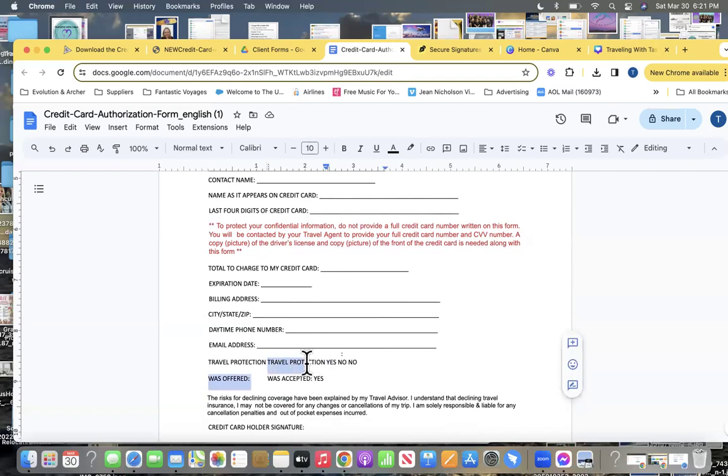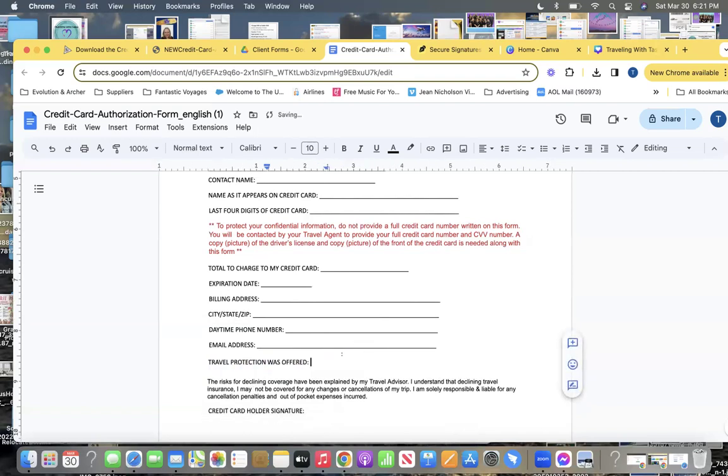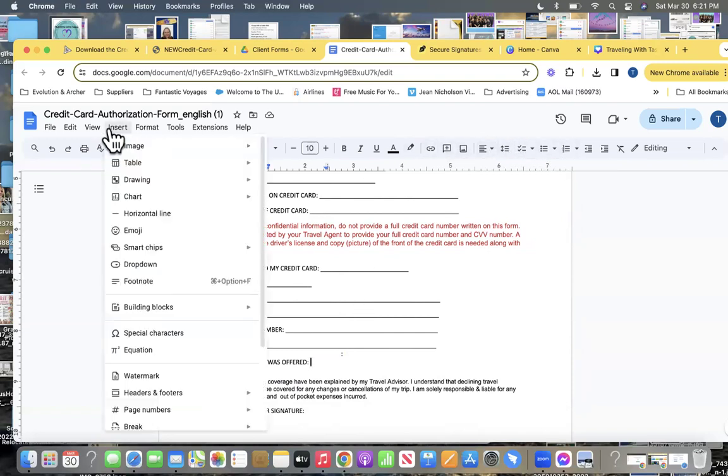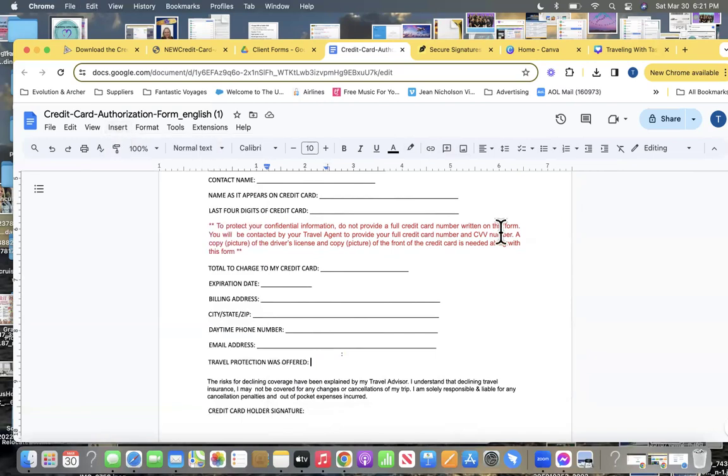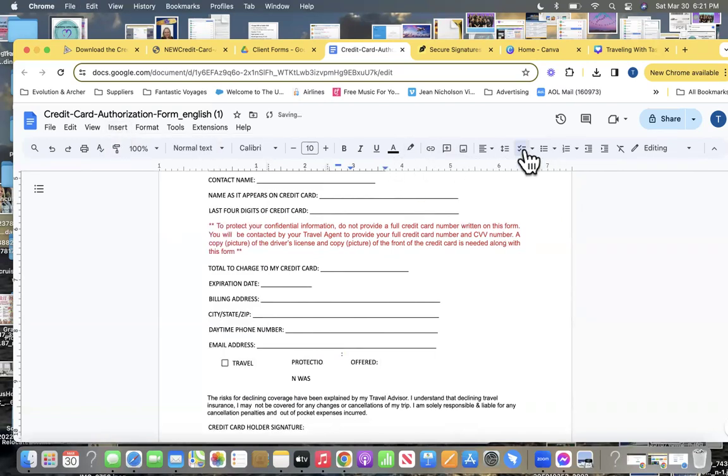It will not. So we're just going to make it ourselves. Was offered. And now you actually can, and I will put a template in as well on our website. So you have this. Insert. Usually you can put a checkbox. Oh, you can. Checklist. That's not what